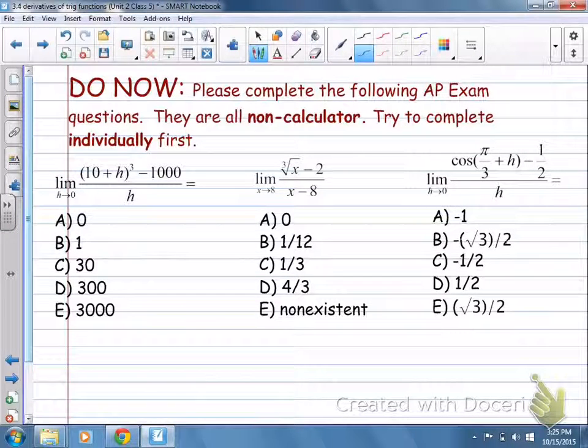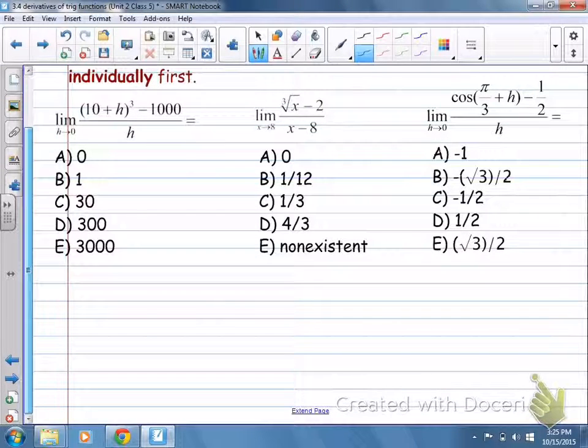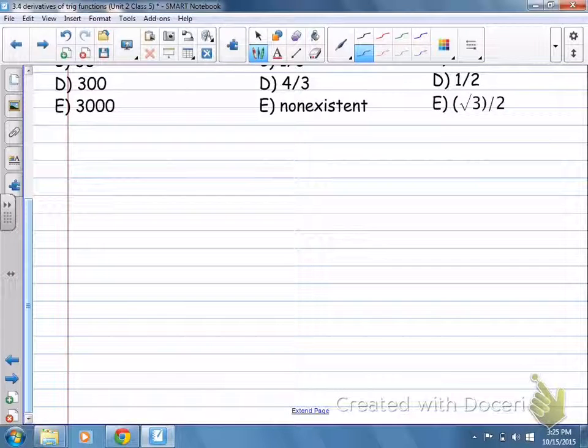So hopefully you've taken a few minutes to think about these problems before you've just said, no, I can't do it, and I'm giving up. And hopefully my hint about, this is testing the definition of the derivative, did spark your interest in thinking about,